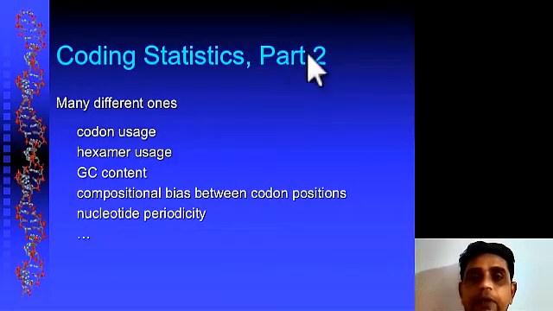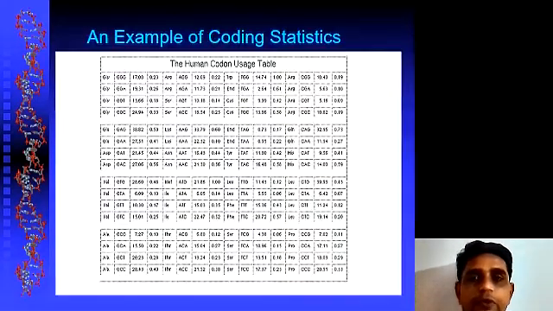So the same kind of codon statistics are there, that is codon usage, hexamer usage, GC content, and composition bias between the coding position and nucleotide periodicity. So this would also be utilized in the method. This is an example of the